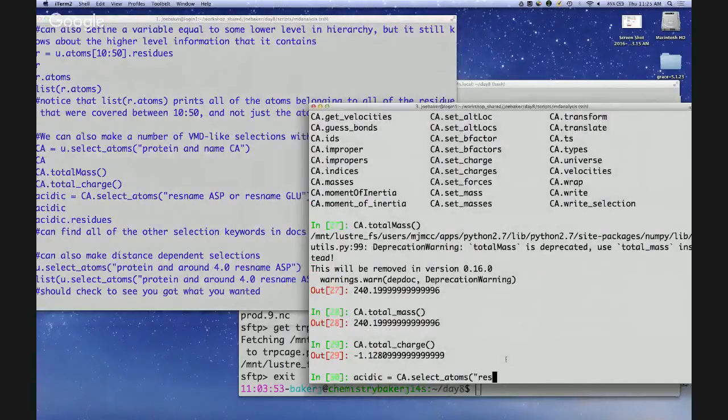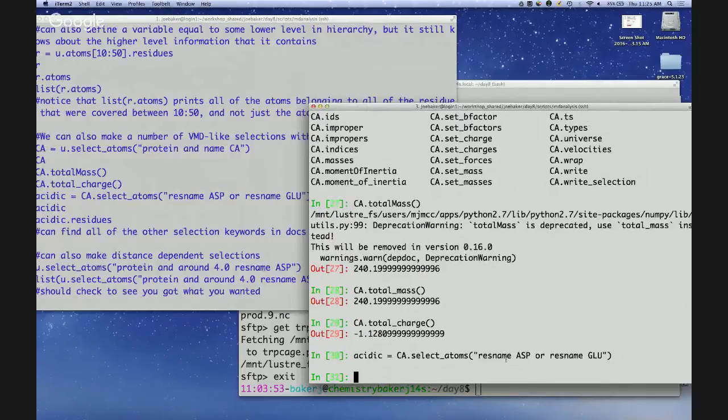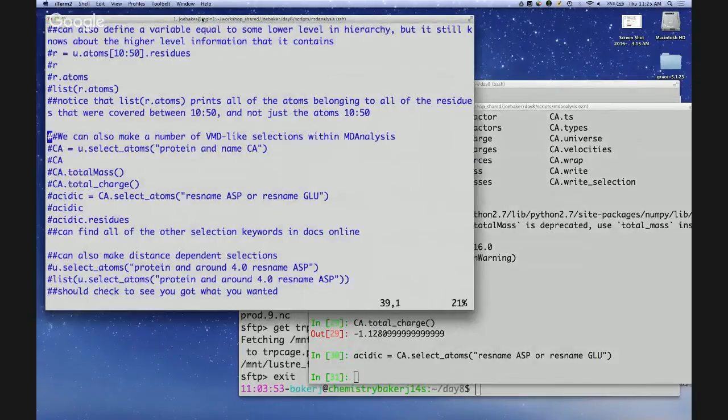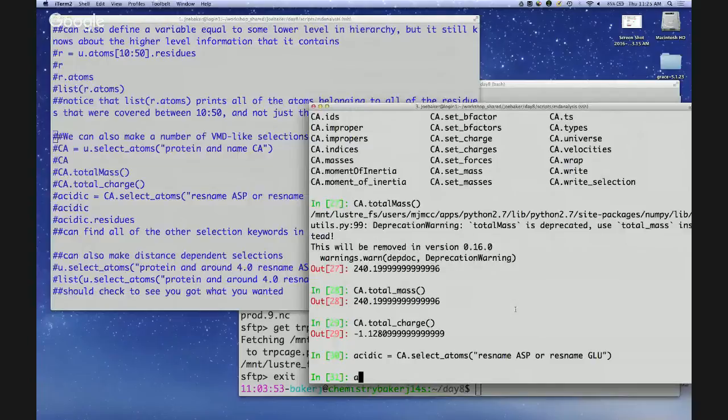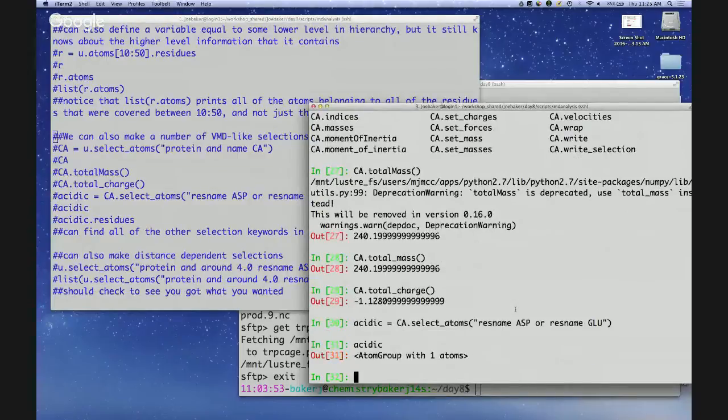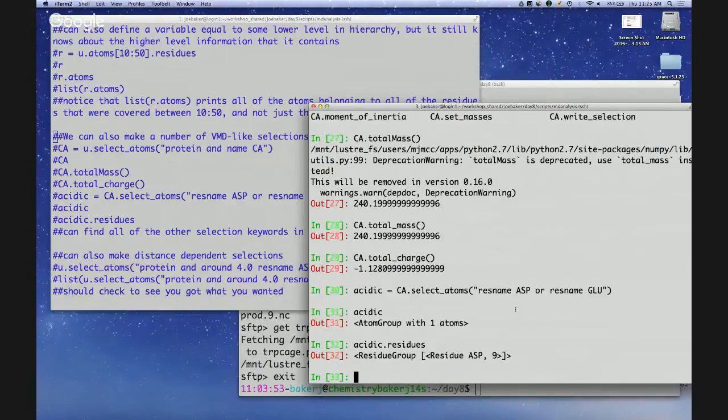So I'm going to make a selection for resname ASP or resname GLU, hit enter, and now if I type the word acidic, that tells me there's only one atom in there that satisfies it. To figure out which residue that actually is, I can do acidic.residues,